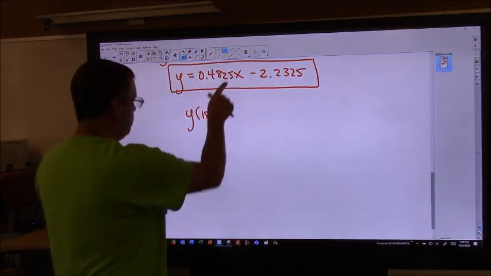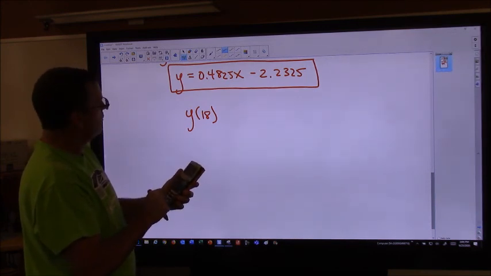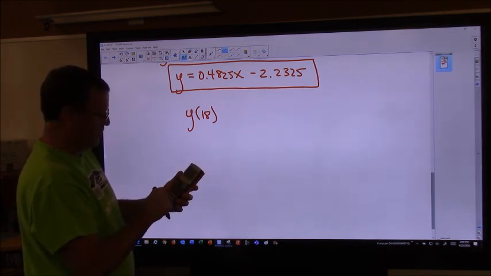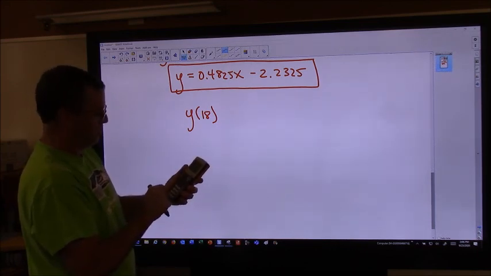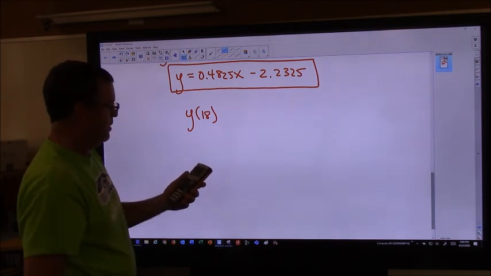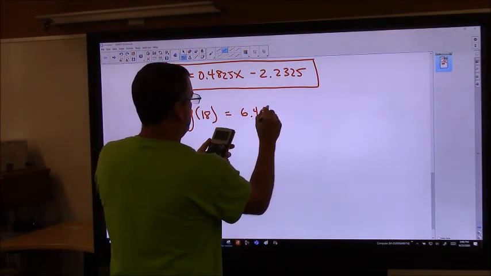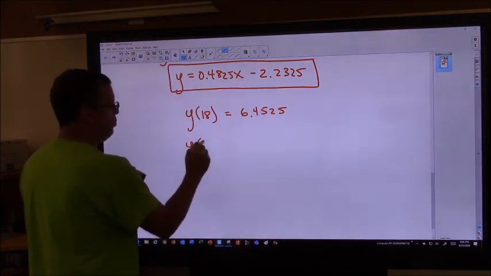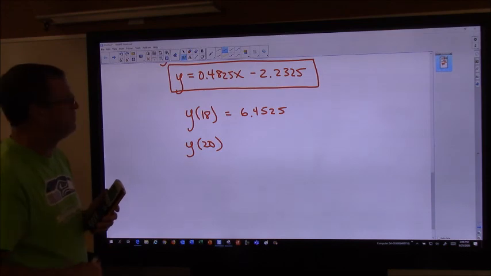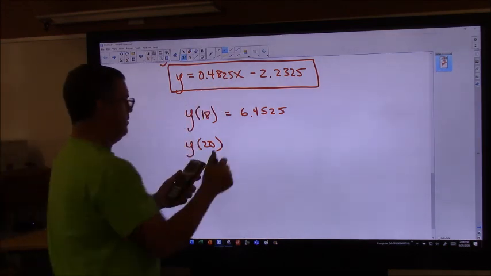I just want to put 18 right there. So I'm going to go 0.4825 times 18 minus 2.2325. And what I got was 6.4525. And then if I plug in a 20, so I'll go back and put a 20 where I had the 18. And this time I got